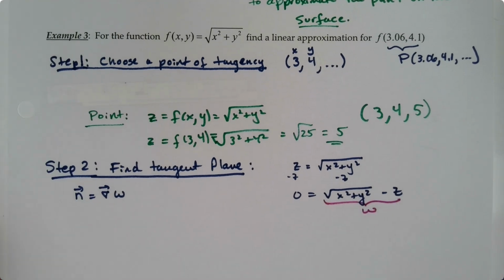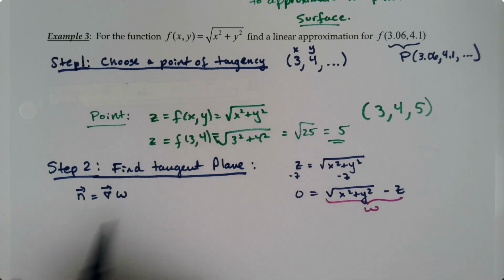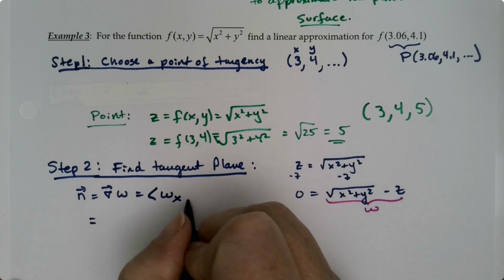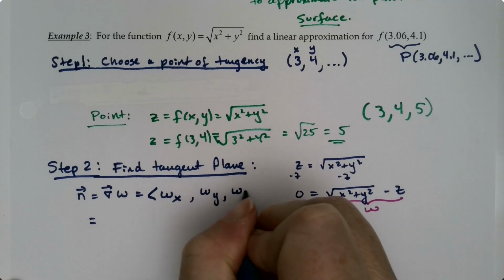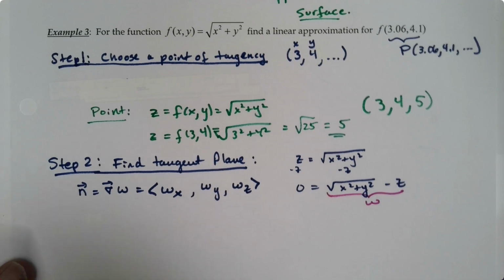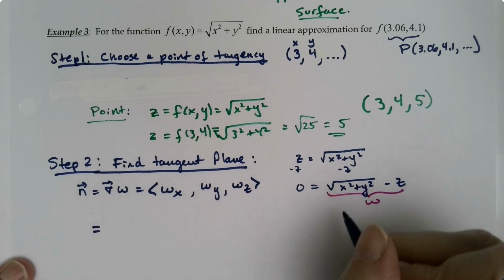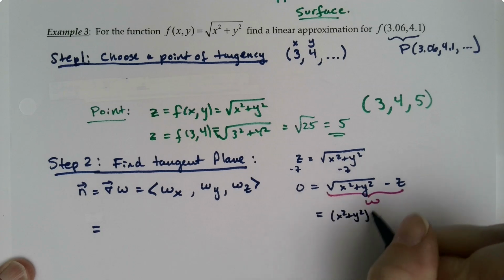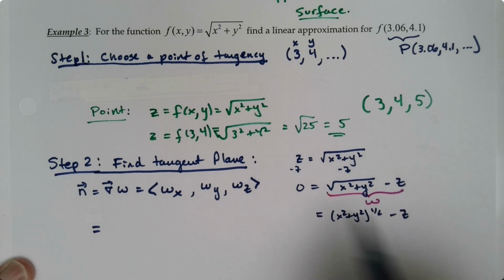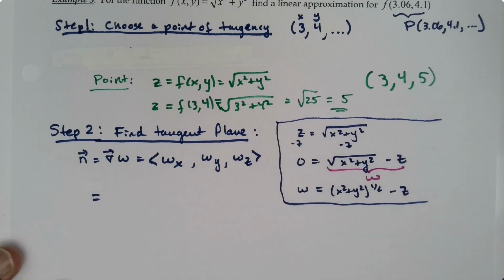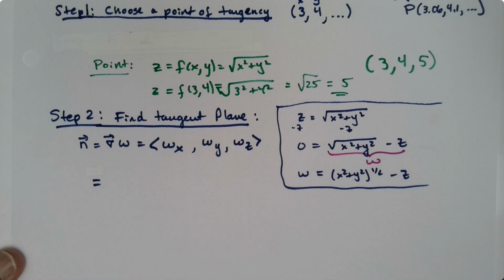All right, so over here, for the gradient, I would take the derivative with respect to x, the derivative with respect to y, and the derivative with respect to z. Okay, well that's going to be a little trickier to come up with than you might think, because if I rewrite this, this is x squared plus y squared to the 1/2 power, right? So this is w. I'm just going to put that over here because it's kind of on the side. All right, so to find the derivative, we are going to need chain rule, and a lot of it,